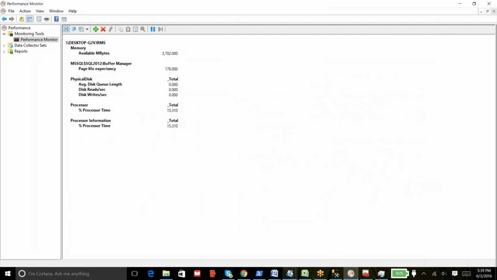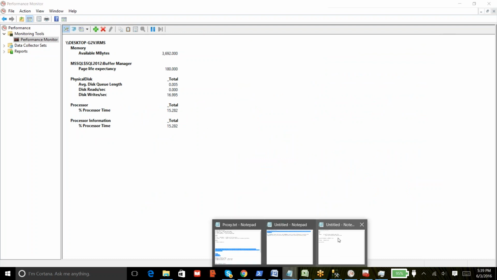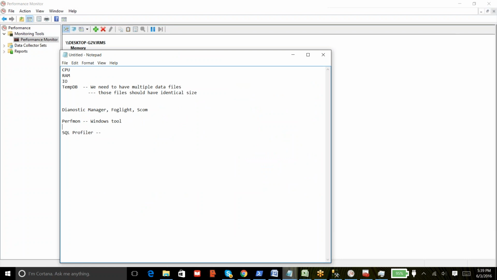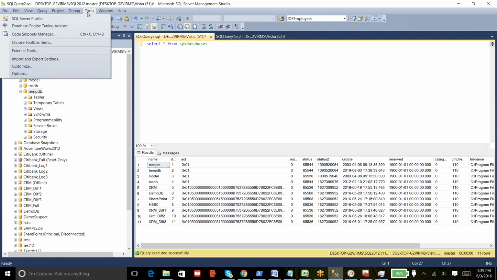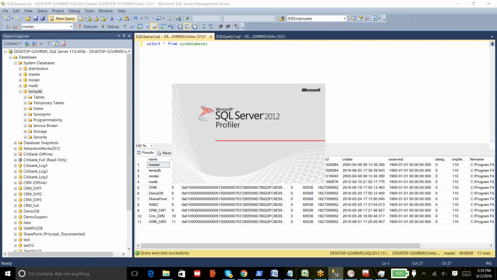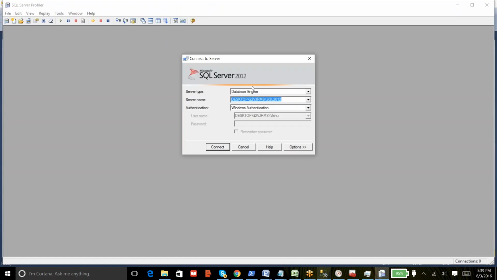And then after, SQL Profiler. For SQL Profiler, you need to connect to Management Studio, and then you need to go to Tools, and you can see SQL Profiler. Click on it, and you need to connect to the instance for which you want to monitor things. So probably I will select the default instance,